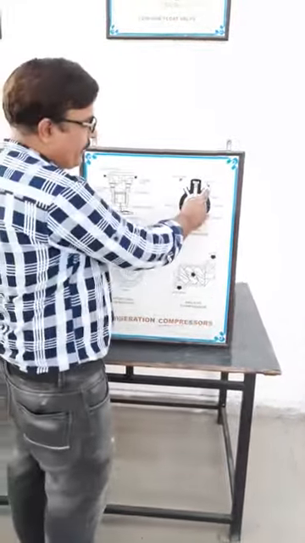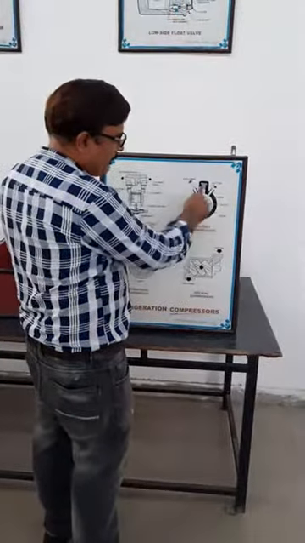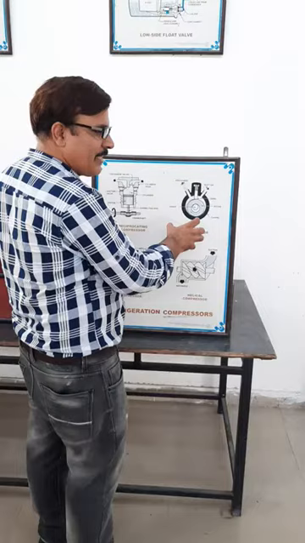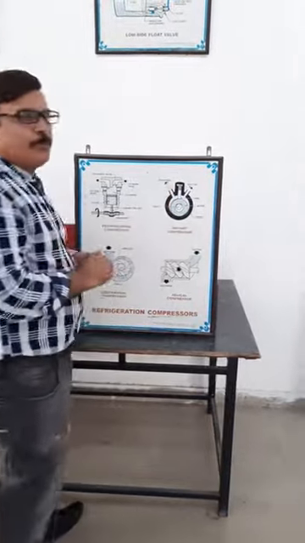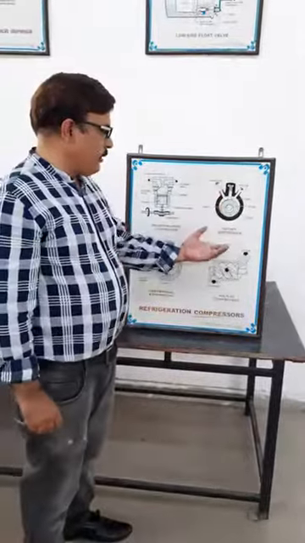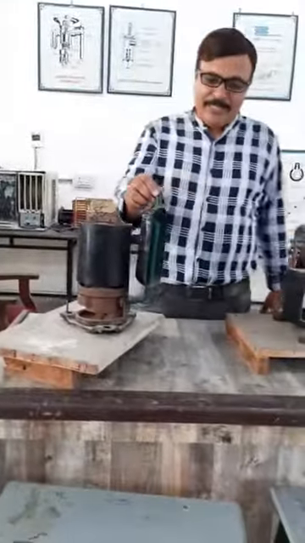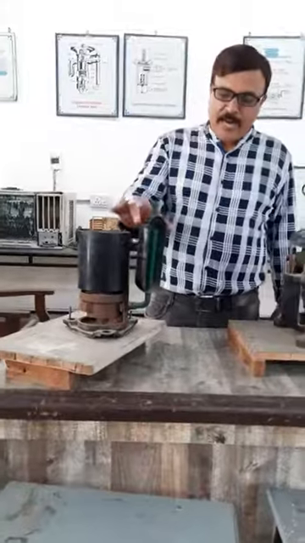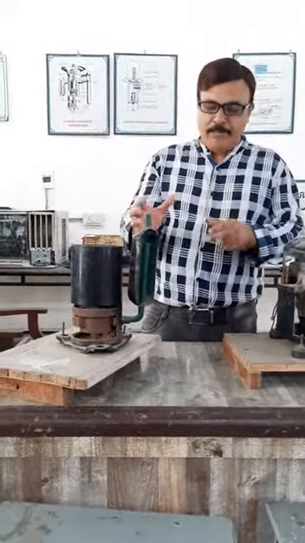So low pressure vapor is coming inside, and when it rotates inside this casing, it will compress the charge, and high pressure and high temperature charge is supplied to the condenser. So this is the rotary compressor. And here there is a cut section model of a rotary type compressor. So look at here. In this case, this is the suction valve, and this is the accumulator, where we will collect the refrigerant.